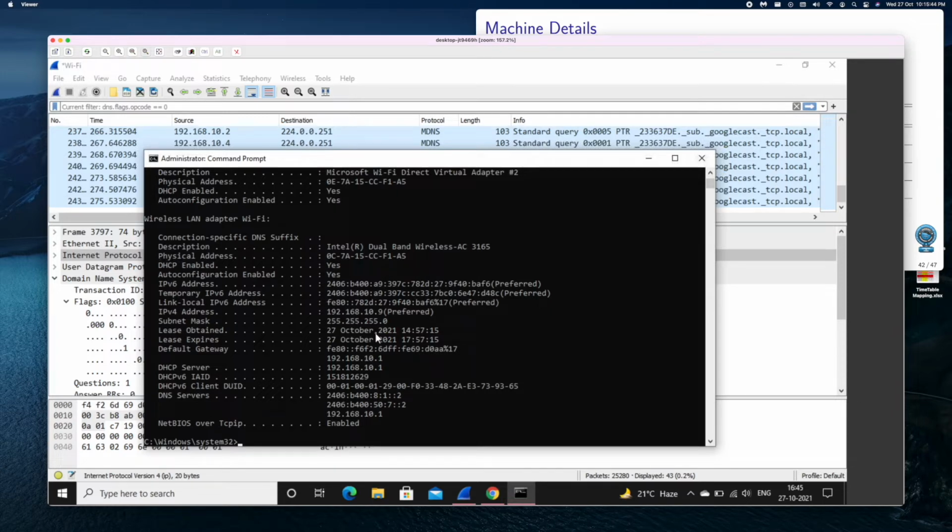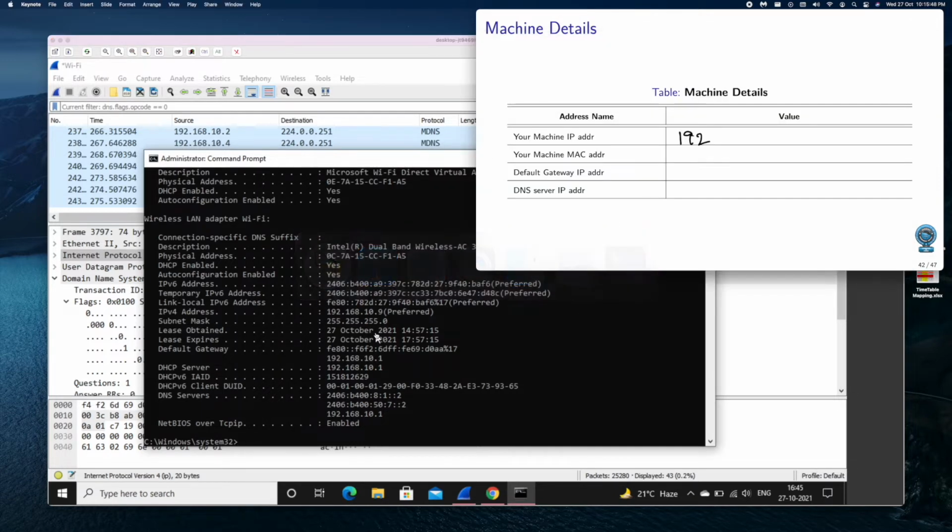We can see that the machine is 192.168.10.9. This is my machine's IP number, and then we have the MAC here, 7A15CC F1A5, and then we are asked to note down the default gateway's IP address.